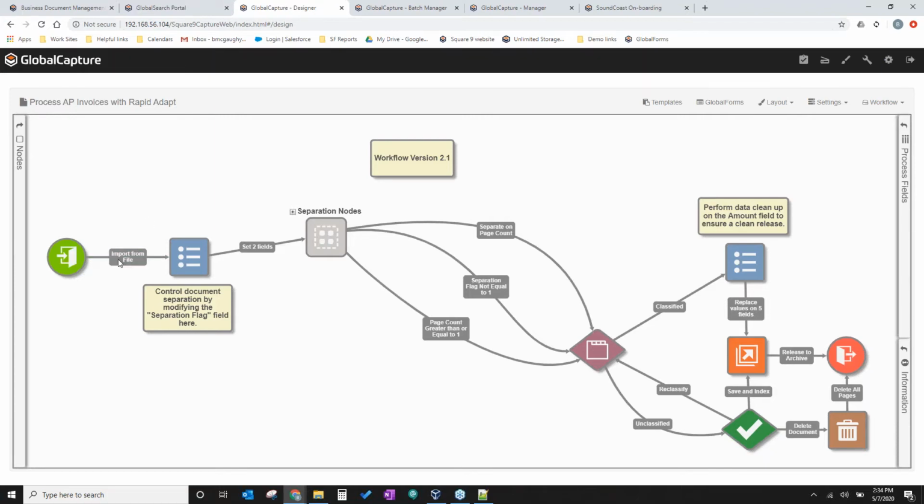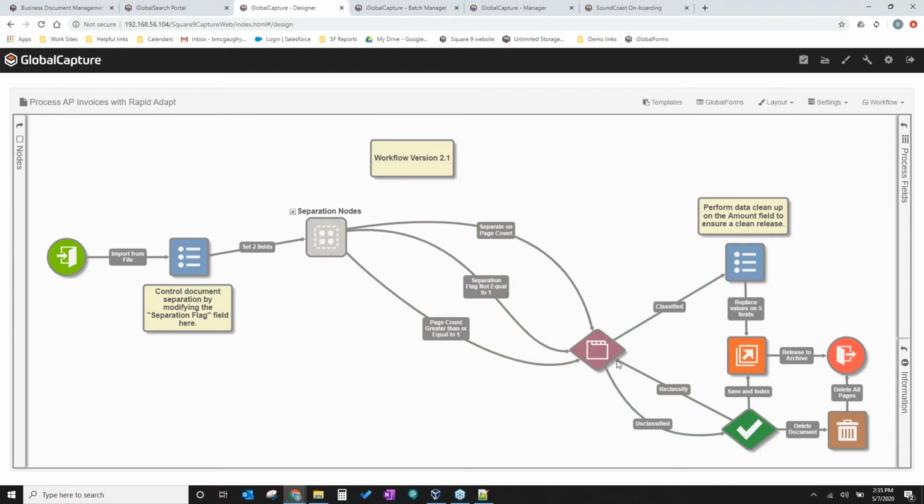So what we can do with something like Global Capture is import those documents. We can either watch a folder or an email address. I'm using invoices as an example here, where we take these invoices in, separate them out into individual documents, and then classify them. We train the system and tell it to look for particular things on the page to identify it as an invoice for that vendor. Once we classify it, we start extracting all the data automatically. So we're pulling the invoice number, the vendor name, the amounts, the dates, the PO numbers and things like that. And then we release it out to Global Search in this instance.